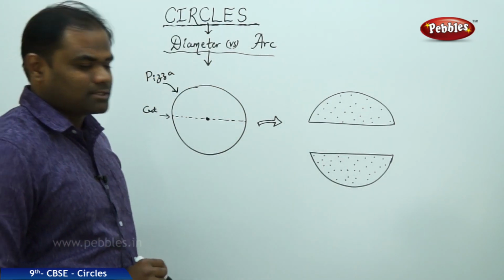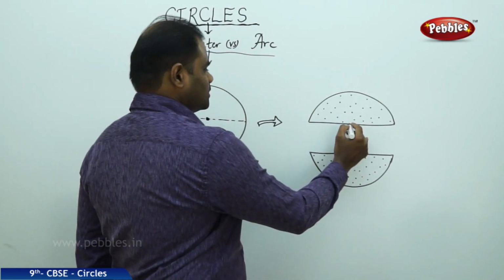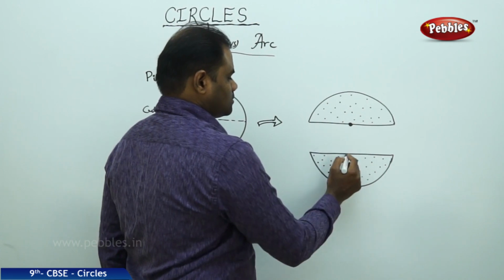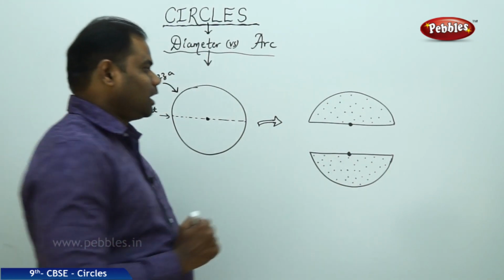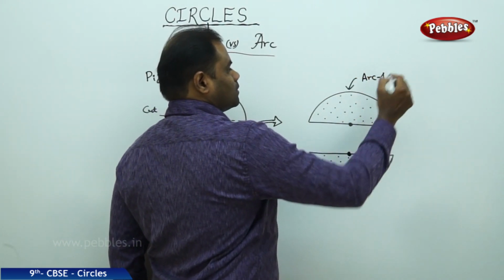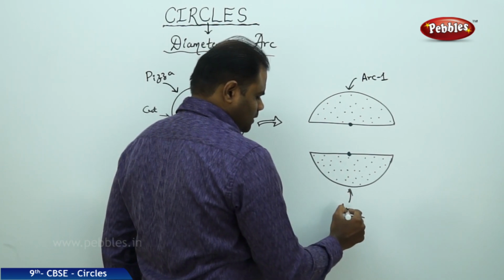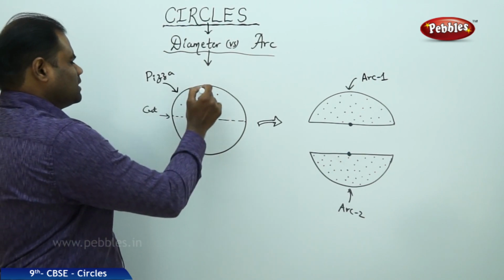Now with these two slices of the pizza, I have the center which is common in this case. So what do we observe from the arc as obtained here and the arc which is obtained in the other piece of the pizza? So clearly I see that for this pizza,